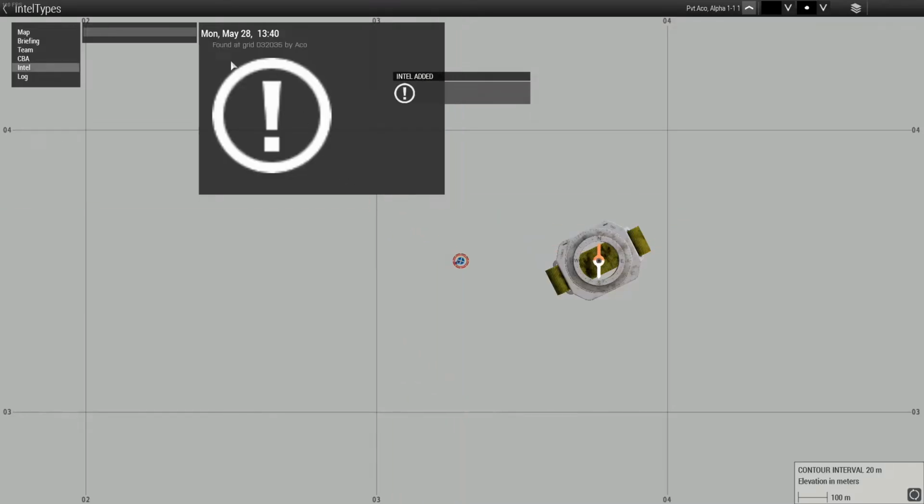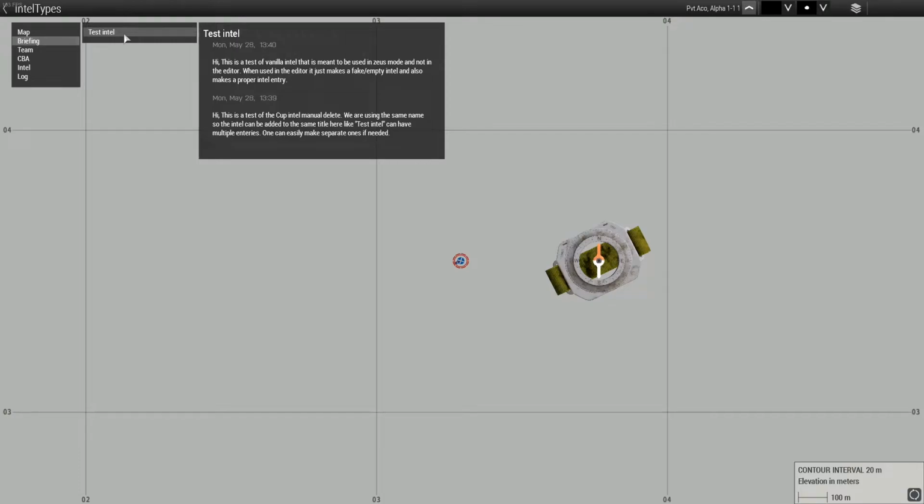First thing, it creates a blank entry, right, called Intel. It doesn't have anything, but all the triggers associated with that object vanishing still fire, which means in the briefing test intel, I have a new entity at 1340, 1 minute after this, and it says this is the vanilla intel, and this must be used with Zeus. Okay, I'll show you how to use this with Zeus